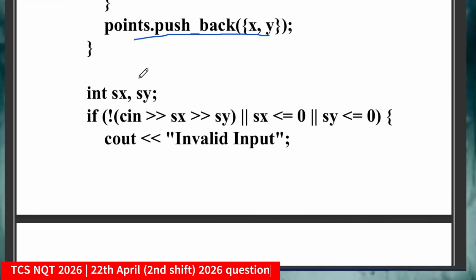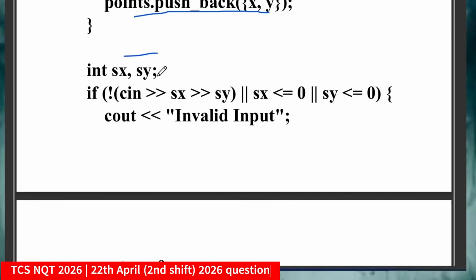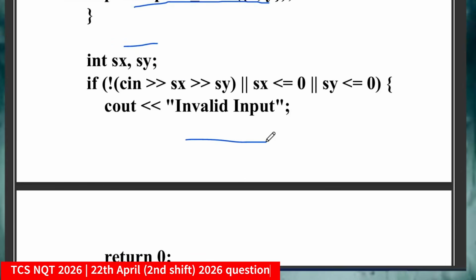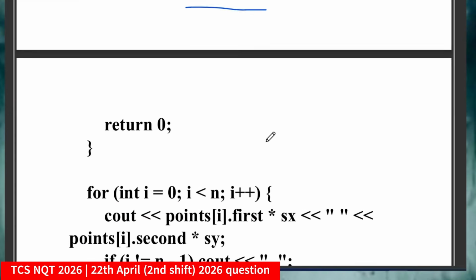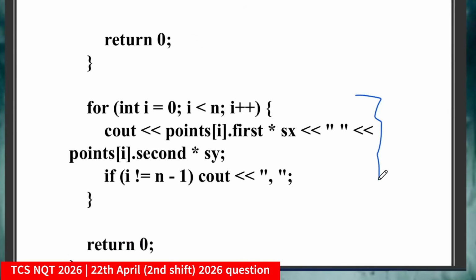Now declaring int sx and sy, again handling the cases which the question is asking, and now I will print those values by multiplying them. So this is just four lines of logic after taking the input: i equal to 0 to i less than n, cout point[i].first times sx and point[i].second times sy.